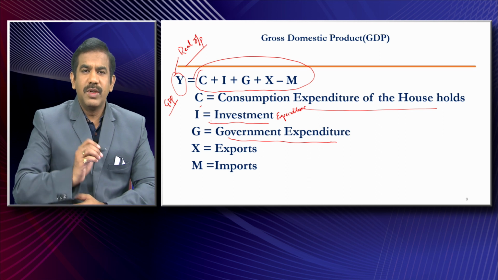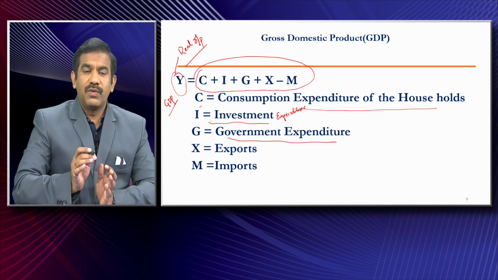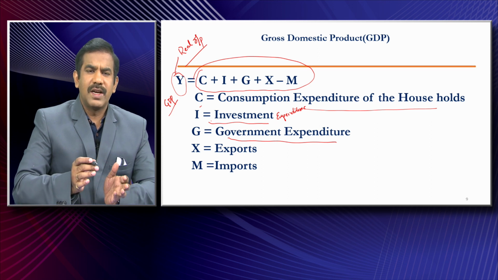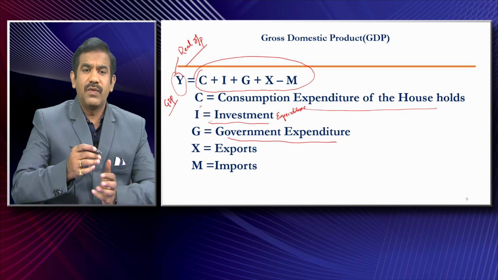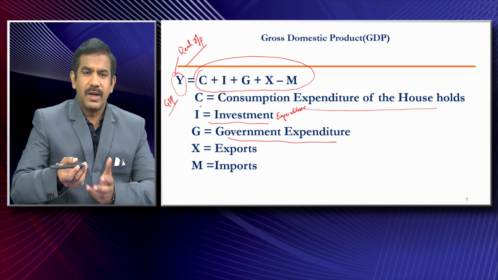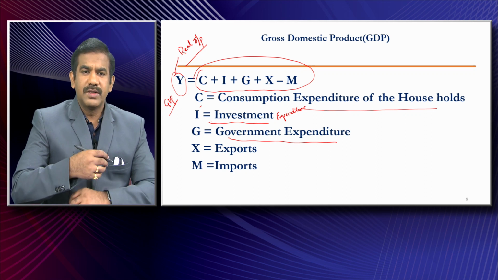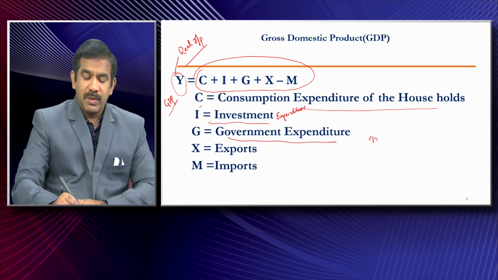So what are we trying to do using the expenditure method? We are summing up the expenditure of all the households, summing the expenditure of all the firms that produce goods and services, along with the government expenditure. So what will be the government expenditure? Salaries, subsidies, transfer payments made to the citizens, isn't it? There are different types of expenditure the government also makes, like you and me purchasing some goods and services. Similarly, to run the government, you need to pay salaries. The government provides various kinds of subsidies. The government also helps people by paying them some amount of freebies, isn't it?